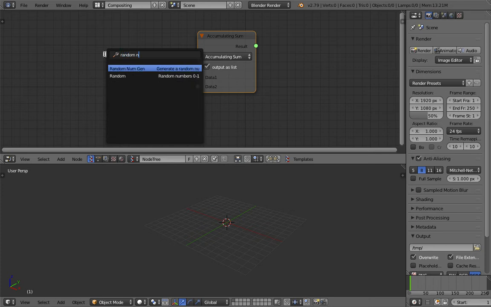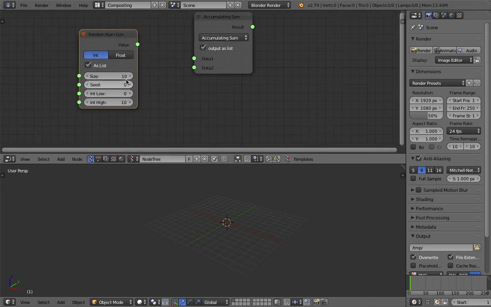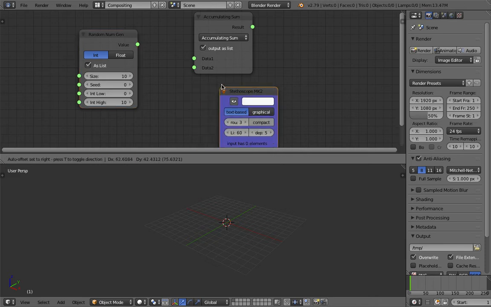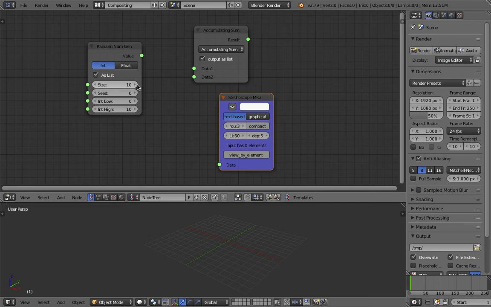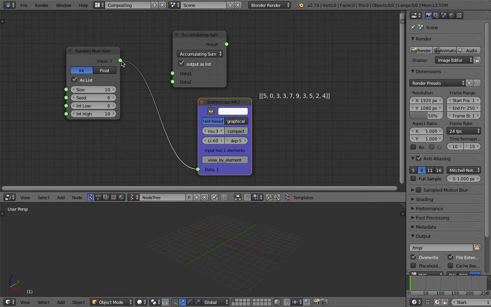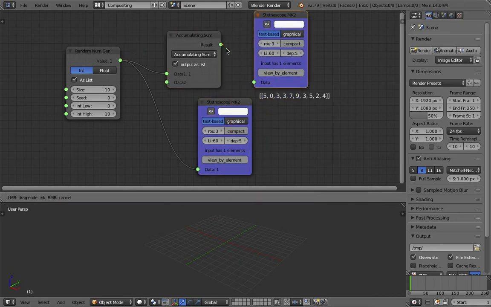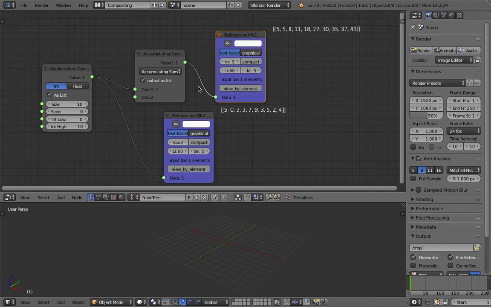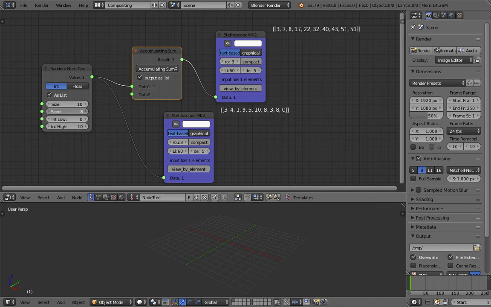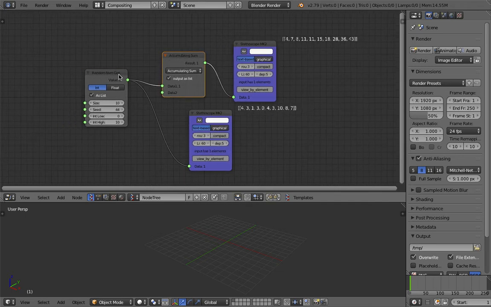So if you have a random number, for example, let's say we have 10 random numbers like this guy generated right here. So 10 random numbers between 0 and 10, have a look at the result. That's the number. If you put the number into accumulating sum, what you're gonna get is the accumulative number. That's really cool, and the algorithm has actually been there since, I don't know, many years ago. I totally missed this node until today, when it was shown by one of the